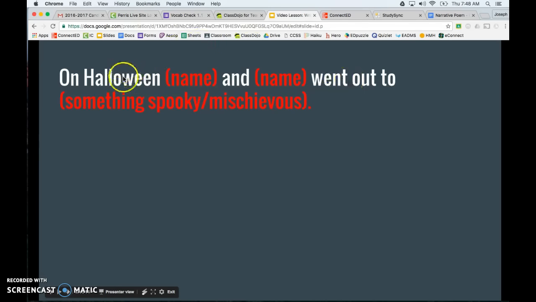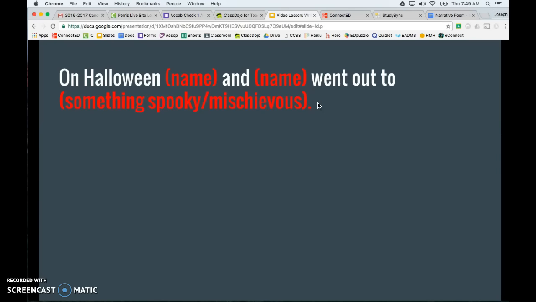You don't have to have the words in white just as they are. If you want to change it a little bit, go ahead. But this is a nice outline for you to follow. On Halloween, name and name went out to TP a house, or to go trick or treat, or to walk in the woods, whatever you want them to do. So right now, pause the video, go write that first line.